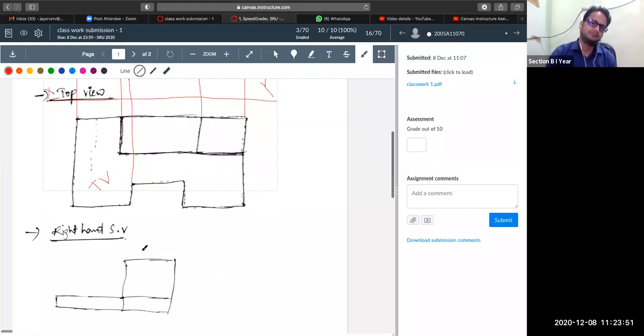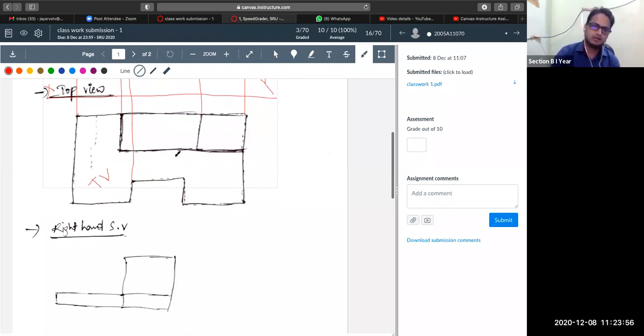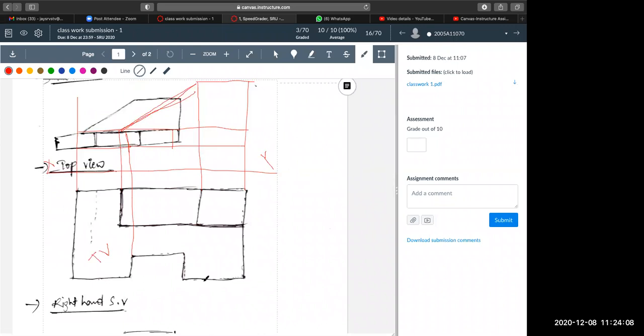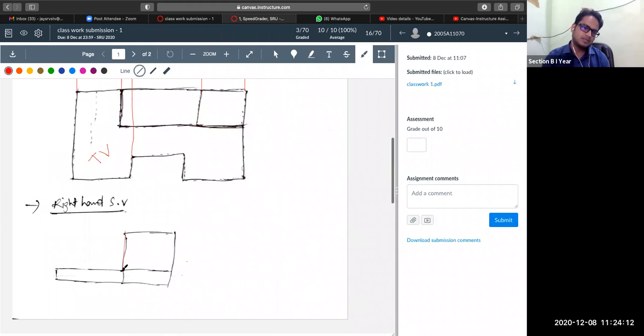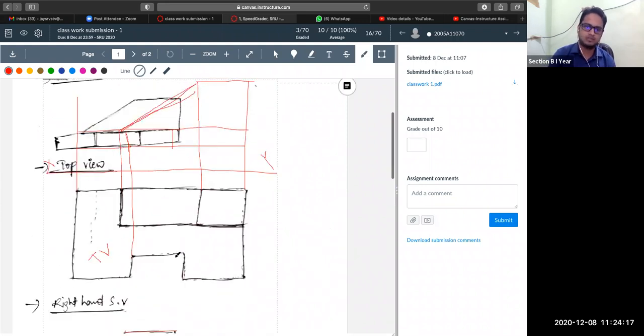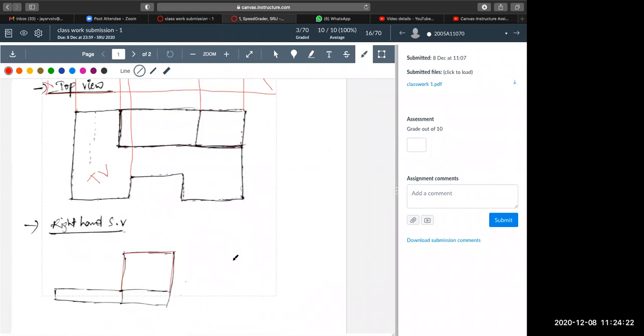Yeah, this figure. This will be clearly visible if we are looking at it from this side, correct? Everything is correct. Only one line is missing. Can anyone tell me what is missing in this right hand side view? Slope. Slope, if you look at it from this side, that slope is coming behind this one. So that is correct. Slope he has shown. One thing is missing. What is that?